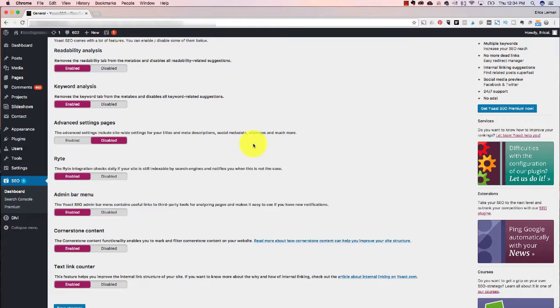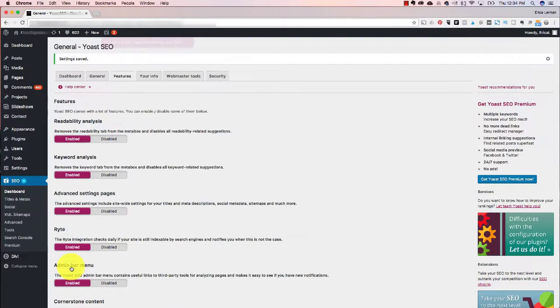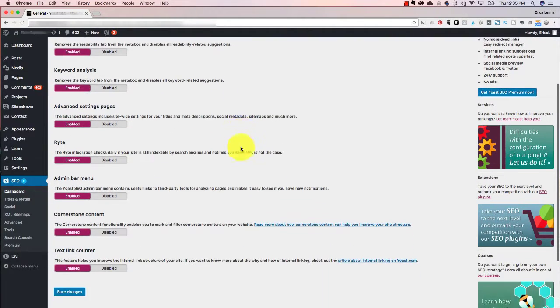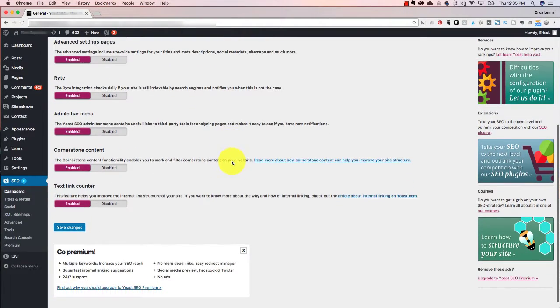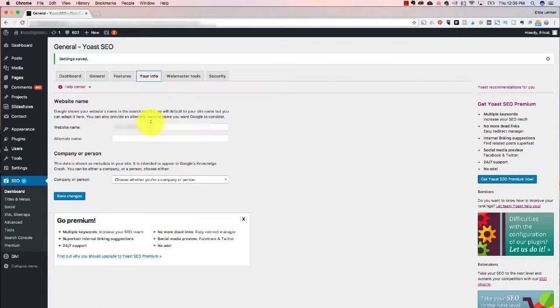What we're going to be concerned about right off the bat is turning on the advanced settings page. So you're going to go ahead and enable it. And what you'll notice once you've clicked save is that along the left-hand sidebar, you have a lot more options related to the SEO plugin. The different features here you can leave as the defaults. They're not going to in any way harm anything. And if you're not overly familiar with SEO, I recommend just leaving it as is. You don't want to turn off anything. Yoast does a pretty good job of having things built into the site, ready to go, optimized for the more